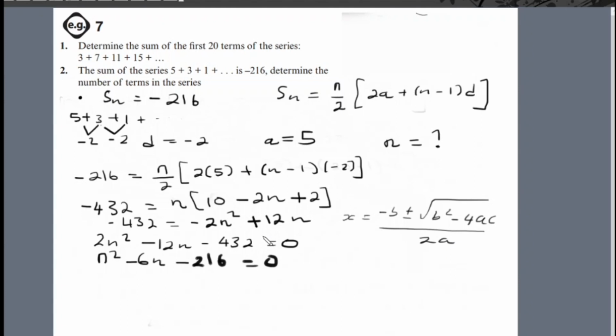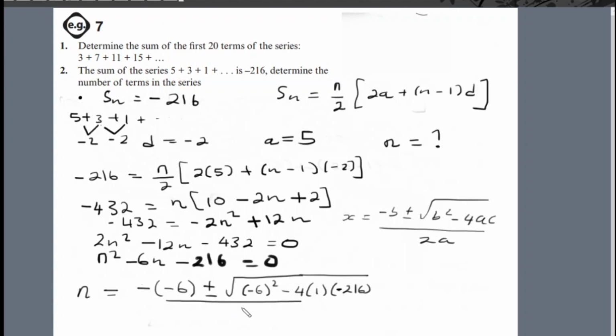So I will use the quadratic formula: n will be equal to minus minus 6 plus or minus the square root of minus 6 squared minus 4 times 1 times minus 216, divided by 2 times 1. When I press the calculator, I find that n is equal to